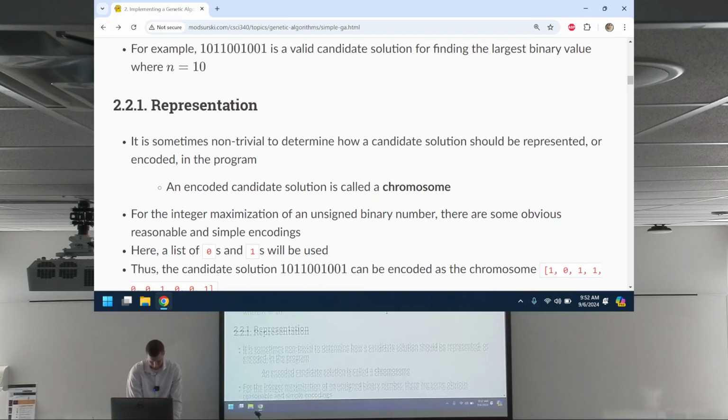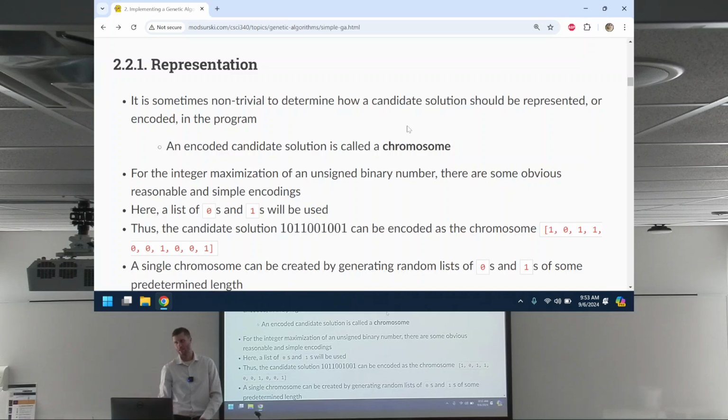Cool. All right, good. So the chromosome is the encoding. A candidate solution is the solution in the context of the problem that we're actually trying to solve. So chromosomes exist in the search space. Candidate solutions exist in the problem space. We'll see clear examples of this as we go. Again, this is such a simple problem and this is what we call a very direct representation. A direct representation, we'll talk about this later in more detail, but a direct representation is when the representation of the candidate solution